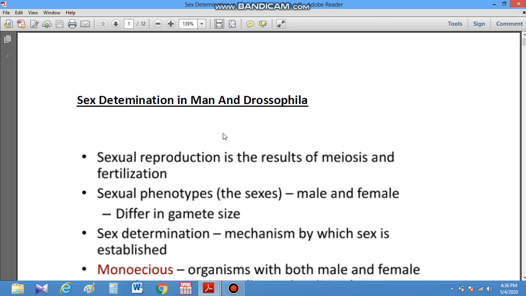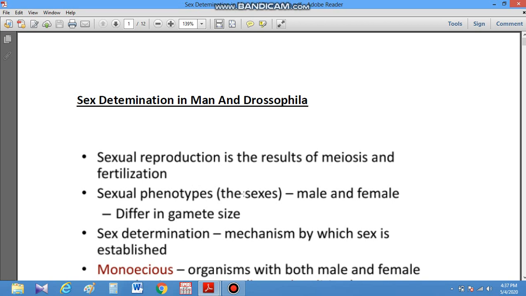Before reading this chapter, we will study some definitions and some terminology to understand the topic. Firstly, in sexual reproduction, a process of meiosis occurs, through which, during gamete formation, the number of chromosomes becomes half and ploidy becomes half. If the organism is diploid, it becomes haploid, and gametes become haploid, and after fertilization they become diploid.